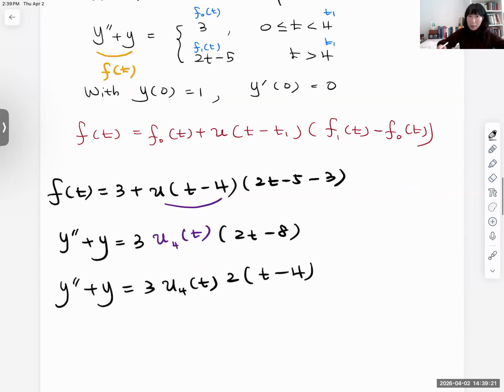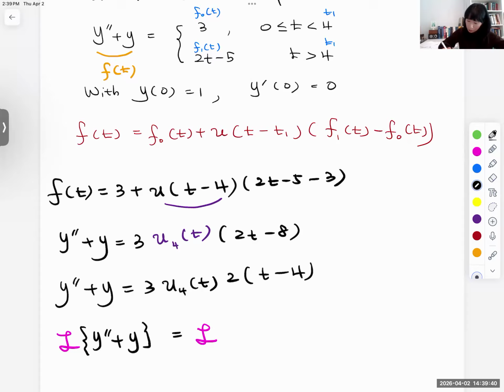We take the Laplace transform of both sides. So there will be y second prime plus y equal to,